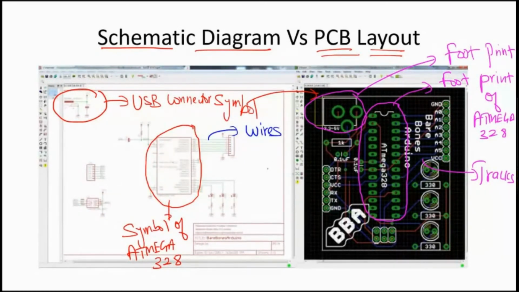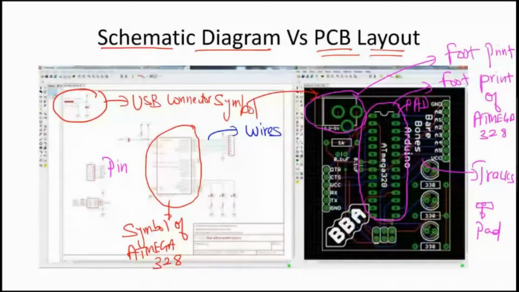Again, in a circuit symbol, each wire here represents a pin. That is how we call this pin 1, pin 2, pin 3 in a symbol. Whereas in a PCB layout, each pin is physically called a pad. This is called a pad, P-A-D, pad. So this is a rectangular pad. A pad is a point where electrically it is connected to a different component. In a PCB layout, it is called a pad. In a symbol, it is called a pin. So that is something that you have to understand very clearly.